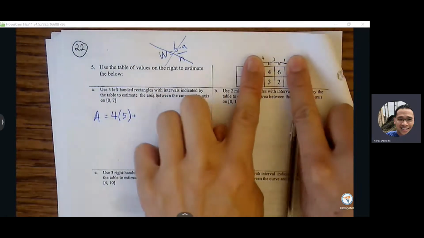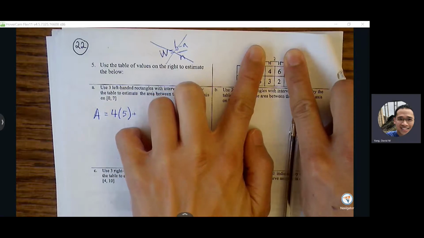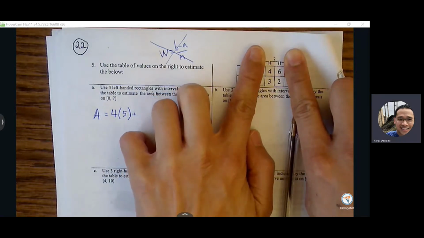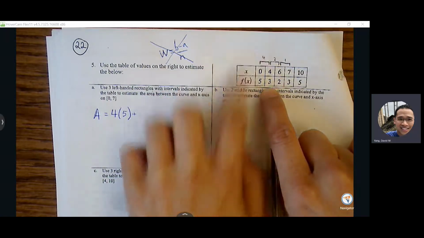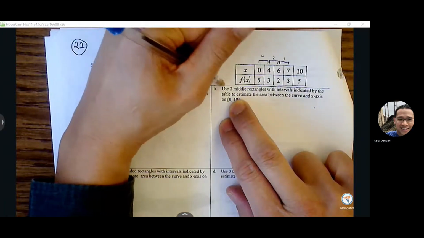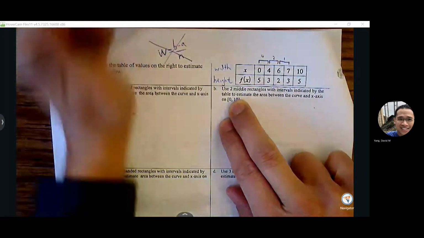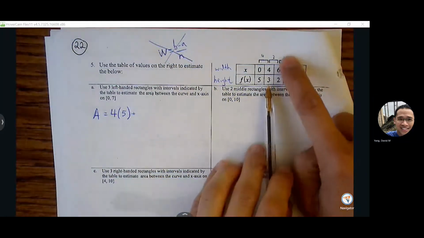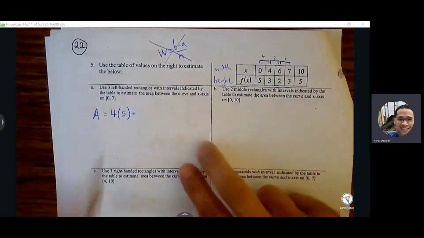Second rectangle, right? That's a subinterval there. That's the ordered pair that the second subinterval is going to see. And we're going to pick the left endpoint y value. We're going to pick off that 3. The height is going to come from the second row. So the height is 3, width is 2. 2 times 3 will give us the area